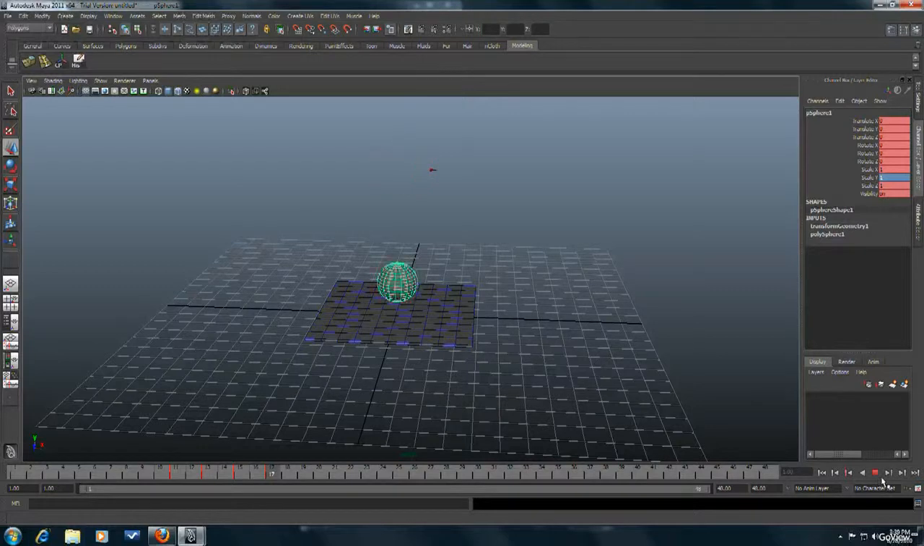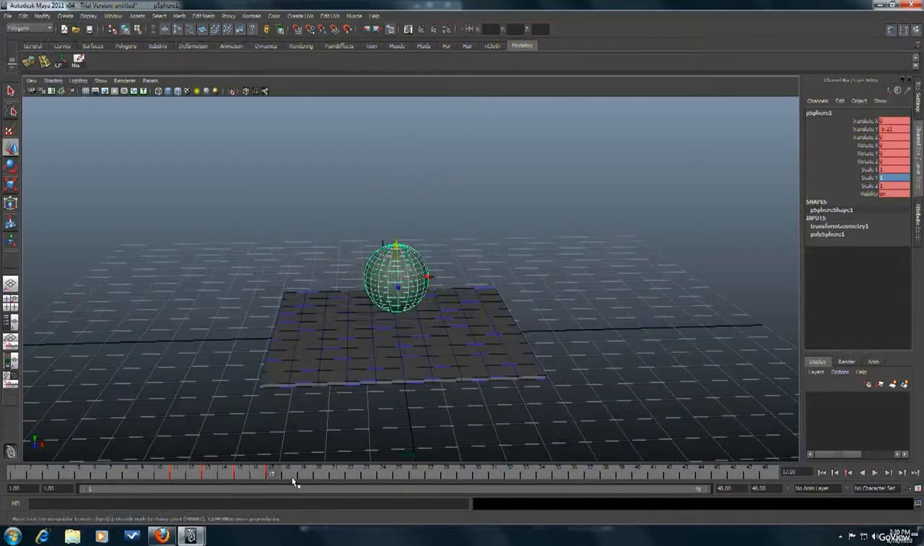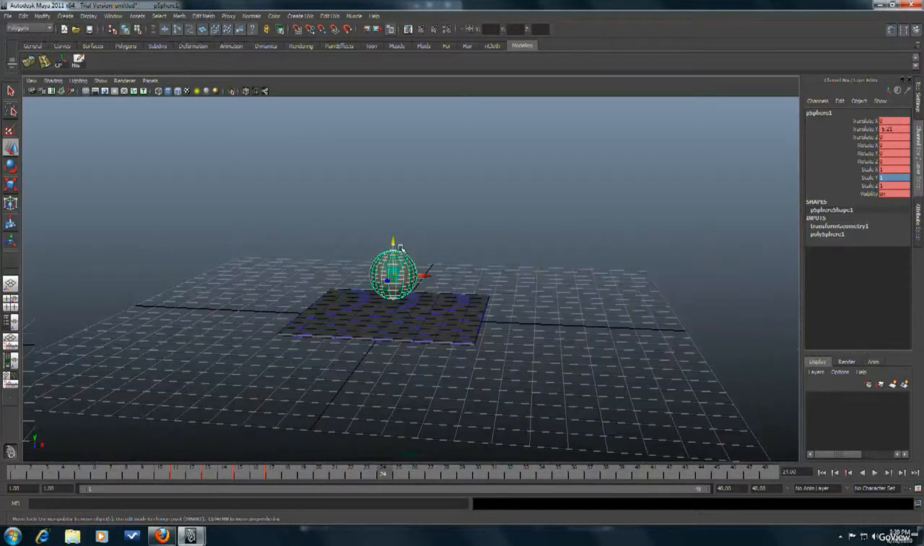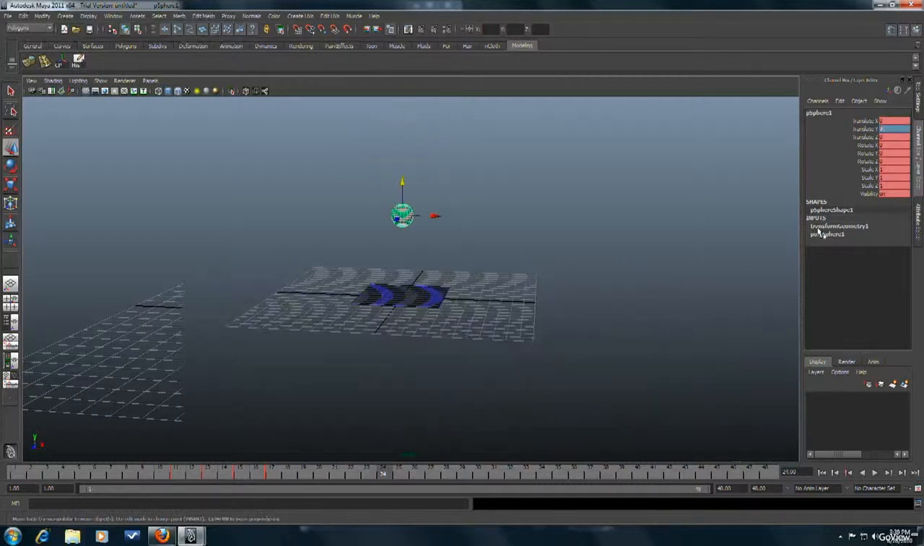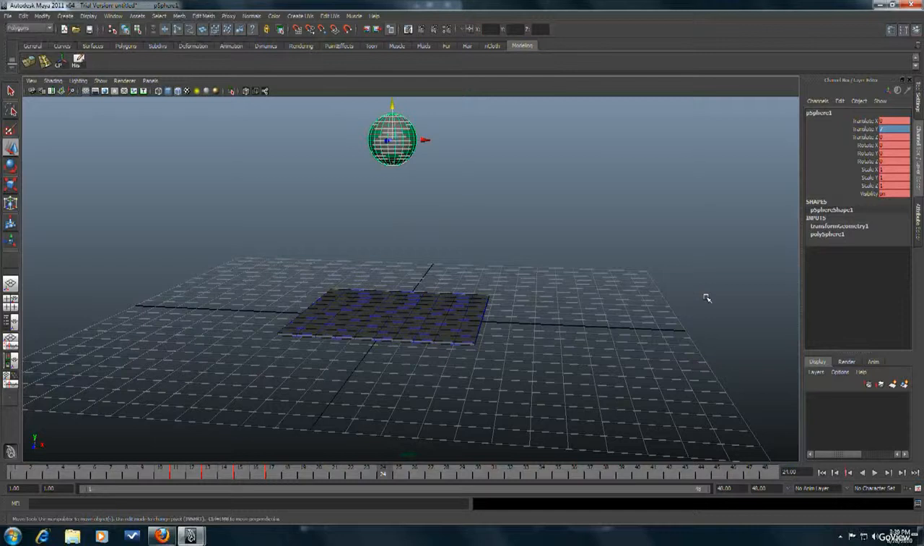A pretty basic animation. Let's just end this, say 24, move it up to 7. Oh, that's too high. Move it up to 0 and press S and just play that. Put the keyframe